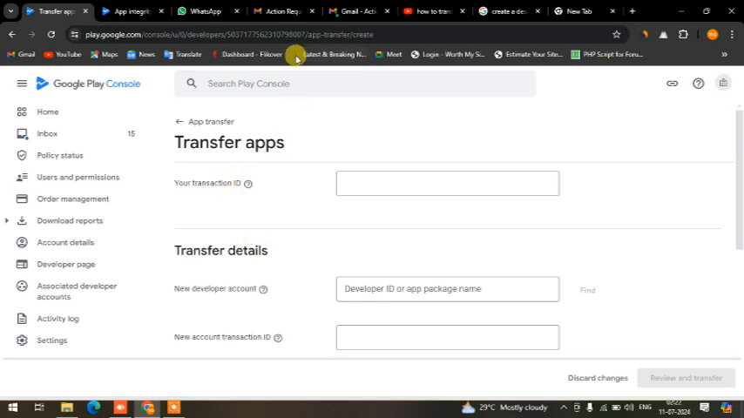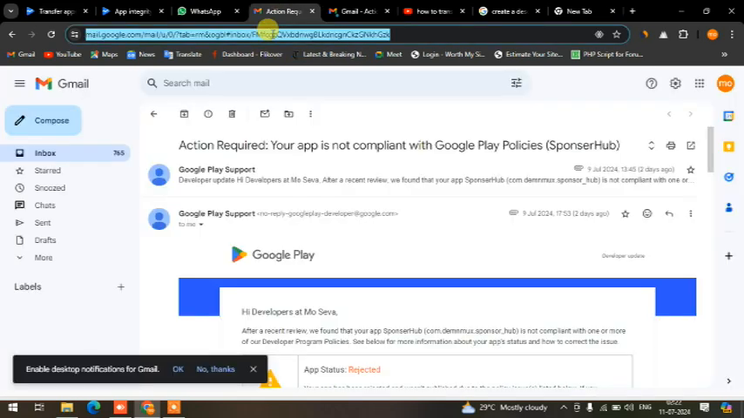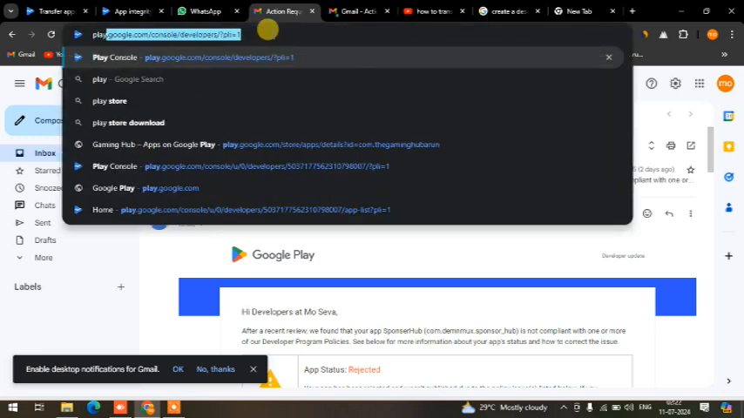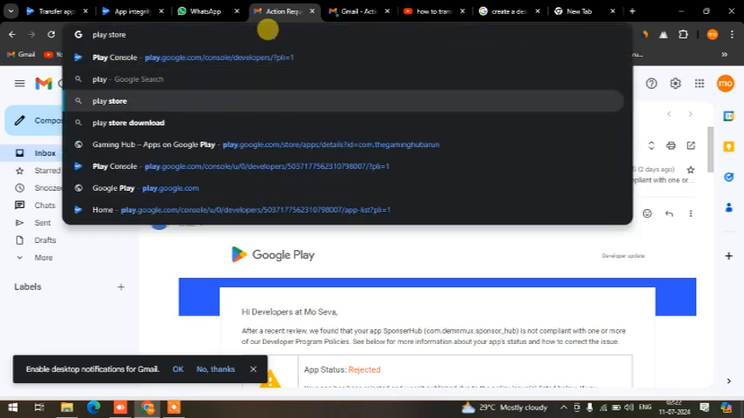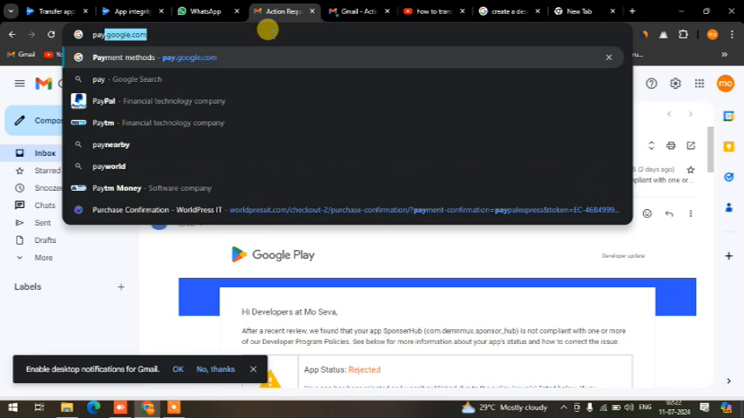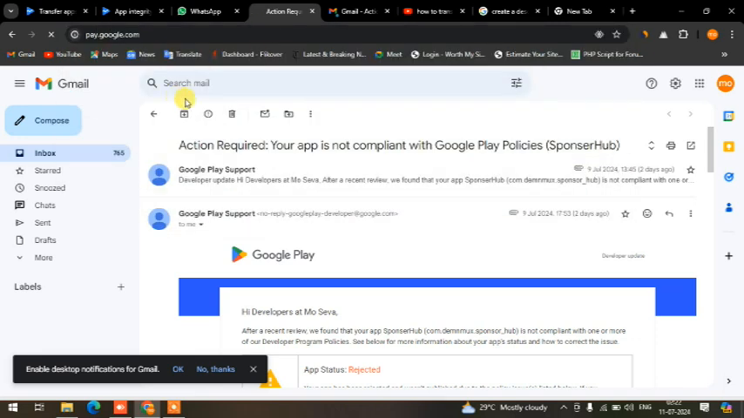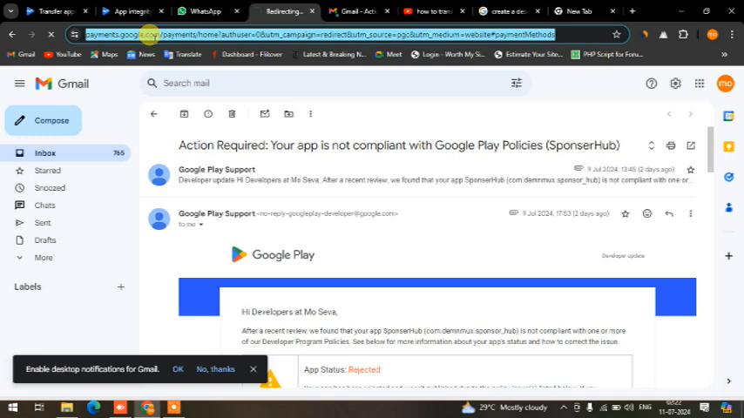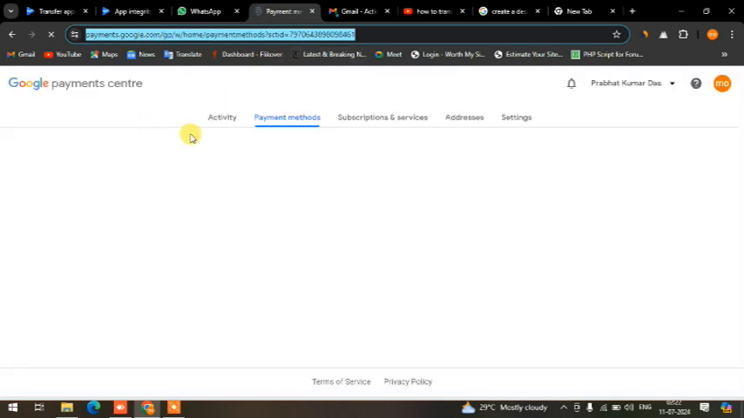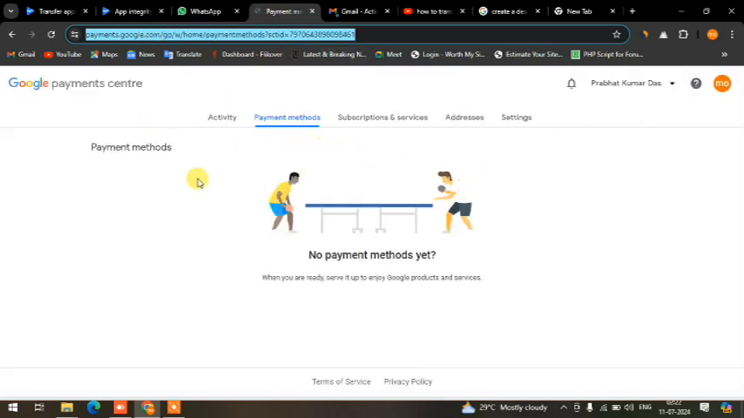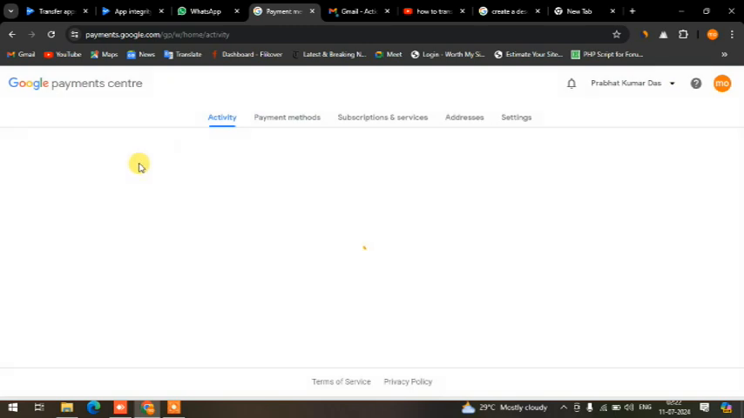So where is our transaction ID? For the transaction ID we need to type pay.google.com. Okay, fine. So here is our transaction. From here we can get our transaction ID. So we need to click on Activity. Now click on